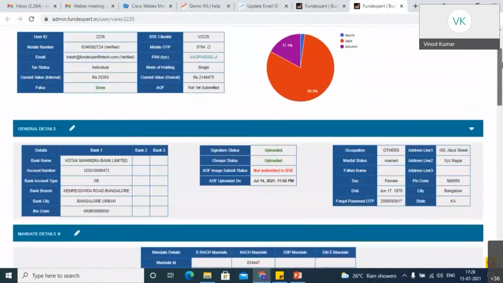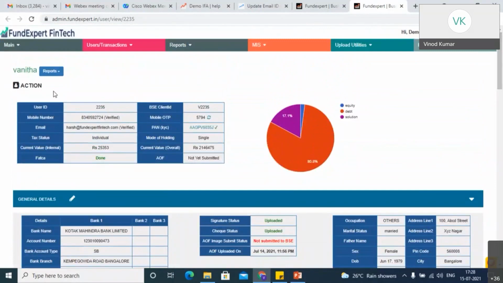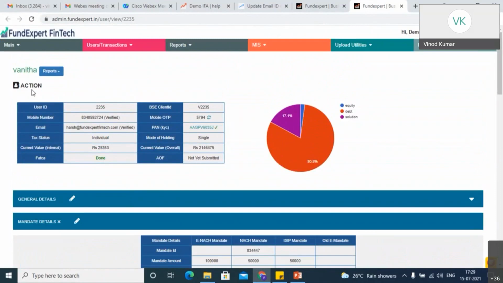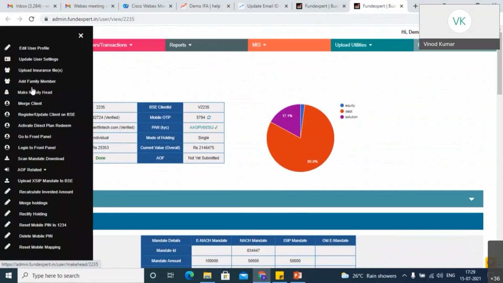Now, once we go back, we'll go to the action tab here. Other than just seeing the details, there are more functionalities that you can do in a user profile as well. If you go to action, there are different tabs that are given, showing all the different things that you will be able to do here. So the first thing is edit user profile.